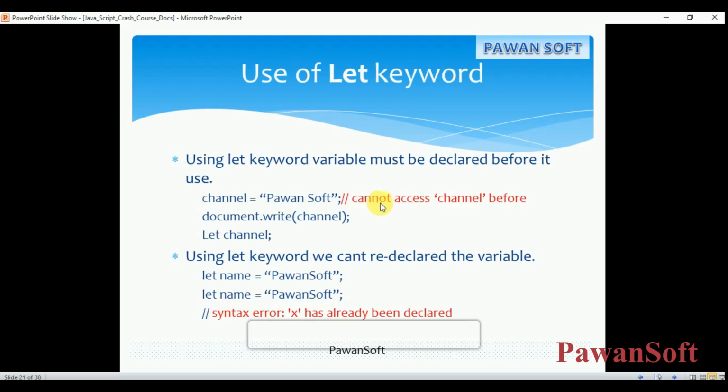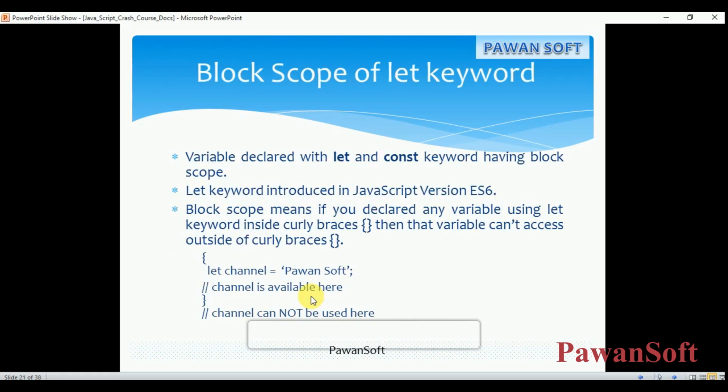So you get 'cannot access before initialization', an exception, a syntax error. Using the let keyword we can't re-declare a variable, meaning in the same scope you can't declare more than one variable with the same name. 'x has already been declared', in this line you will get the syntax error.